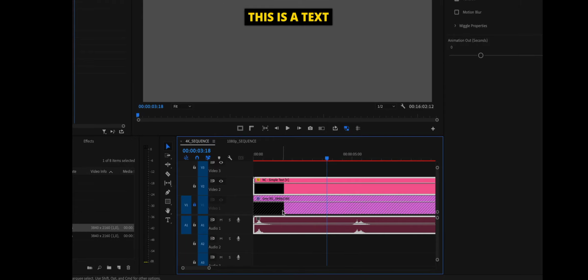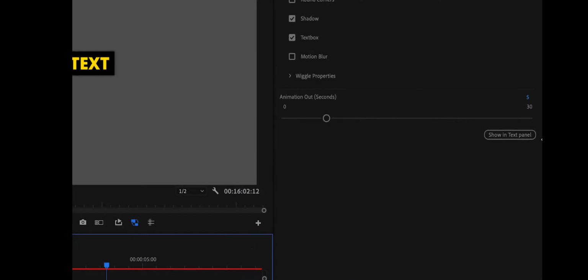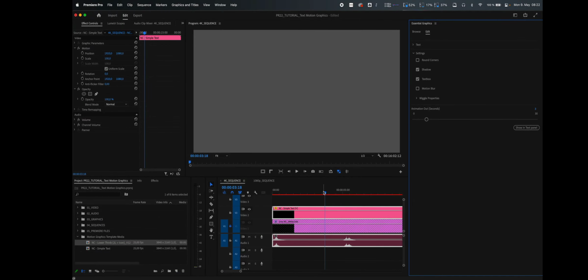attached to the motion graphics template already, which I think is a really good time saver because you don't have to import sound effects for the animation manually. But it's not possible to adjust those sound effects responsively. That's just a limitation of After Effects and Premiere Pro. So that's why you can adjust the out animation, for example, to 3 seconds, but then you have to adjust